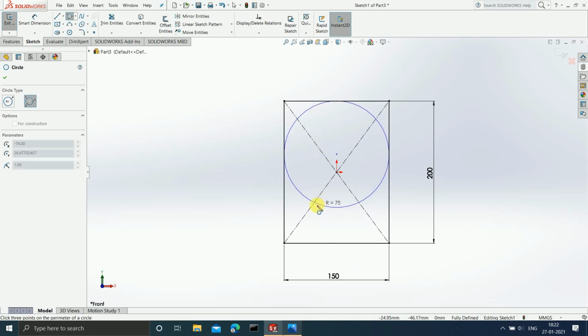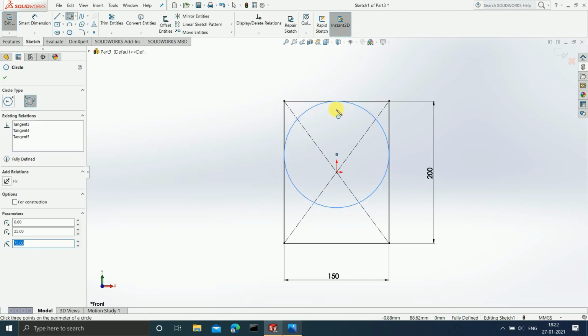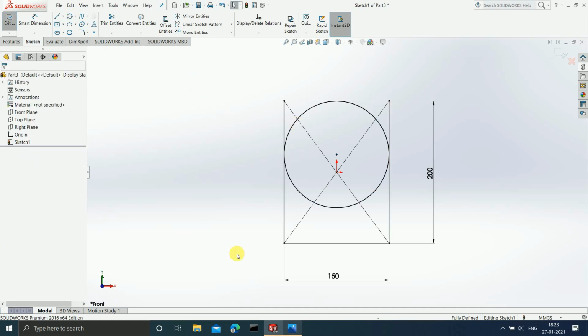Okay, so here there is some issue. Okay, see, now I will click on the top side. Okay, and this is how my circle is now ready. Now since I have finished drawing the circle, I will click on escape so that the circle command gets deactivated. Okay, can you see?